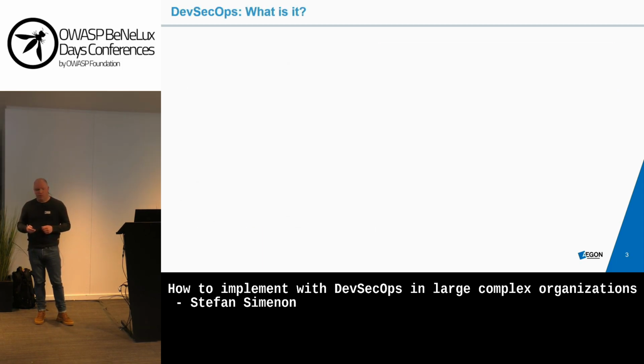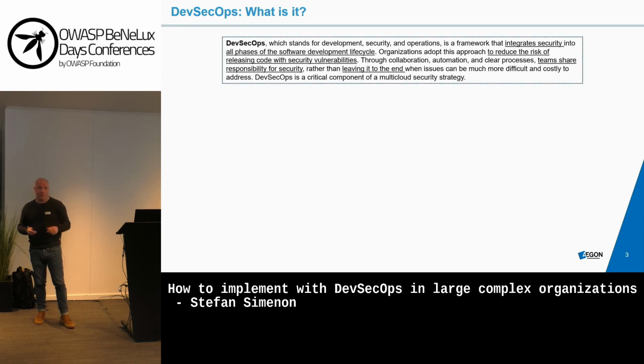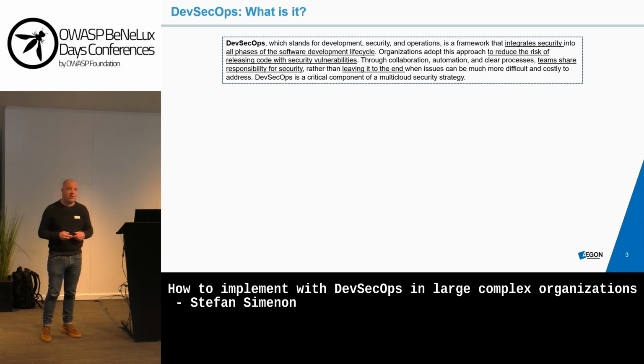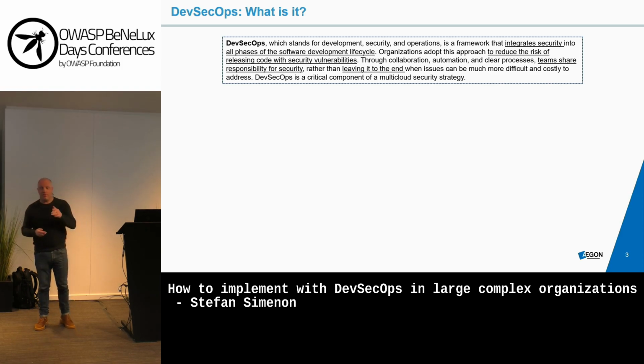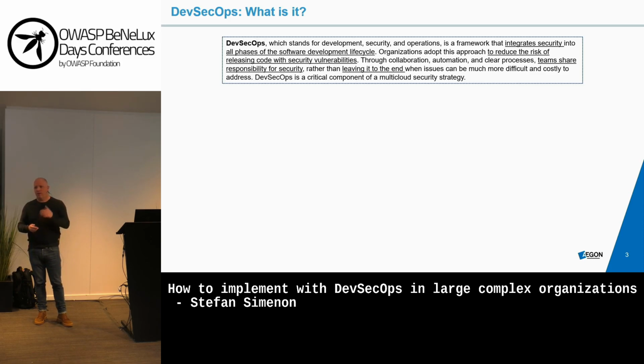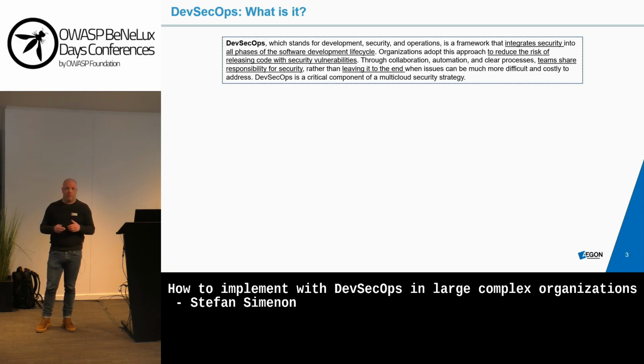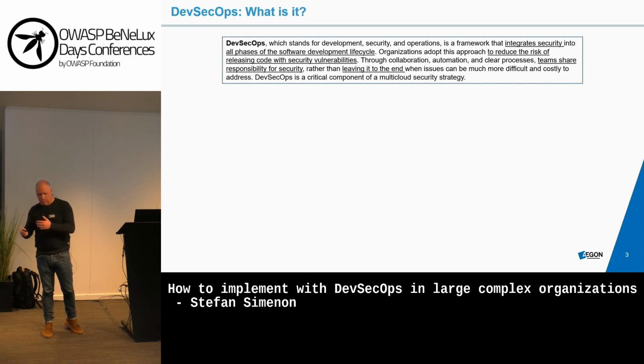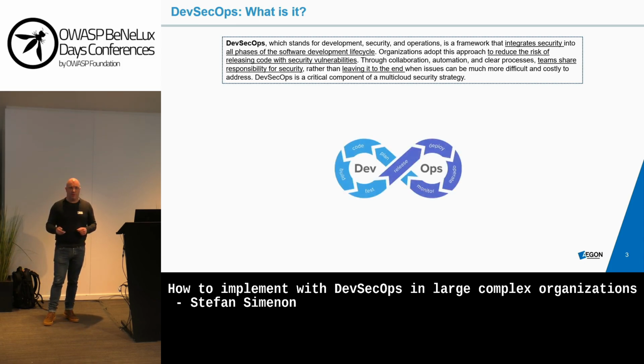So as a start, DevSecOps, what is it about? Now we have been looking on the internet, we have seen lots of definitions about DevSecOps, but what it's all about is that security is integrated at an early stage of each and every software development life cycle. Important is to know that the goal is to reduce risk at an early stage, and what is also important is that security responsibility is shared within teams. So it's not a security responsibility, it's not an engineering responsibility, it's a shared responsibility.